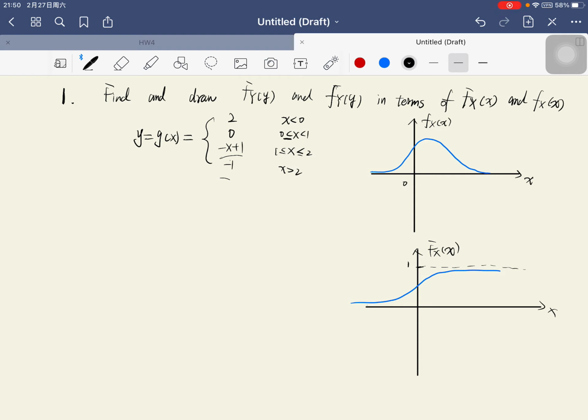So, there is a graph of the density function of x and the distribution function of x, and according to this, we could graph g(x). In this graph we could find that